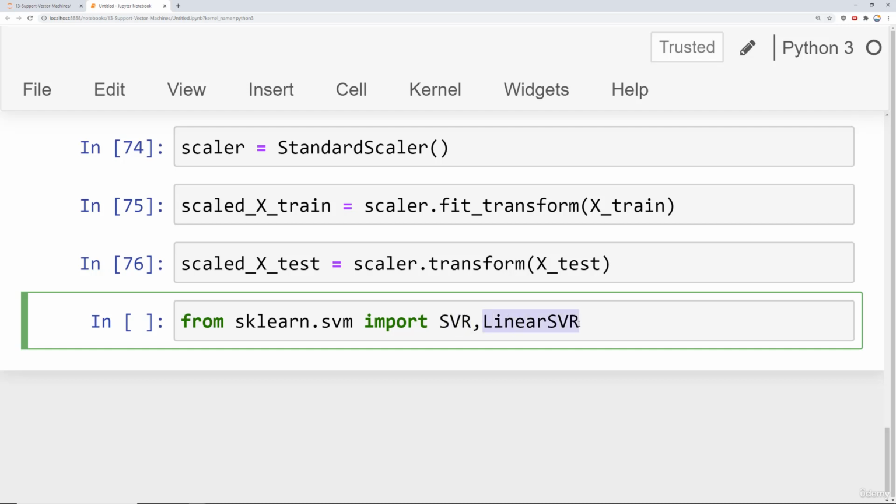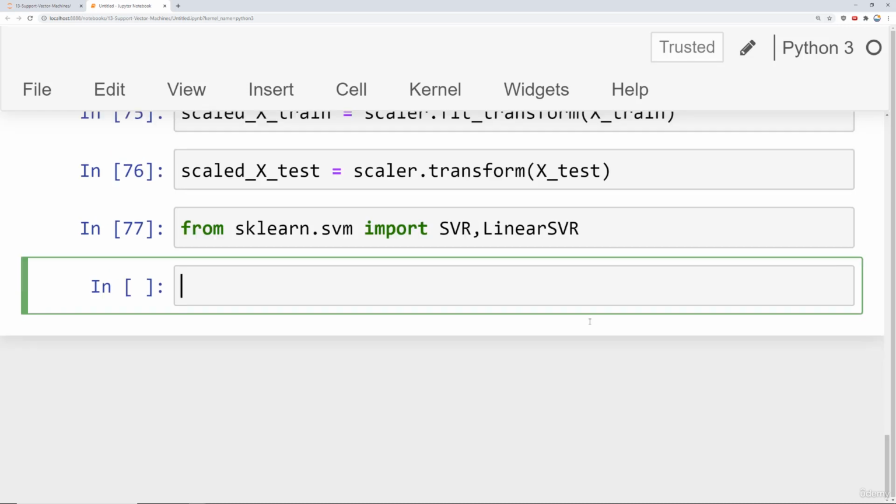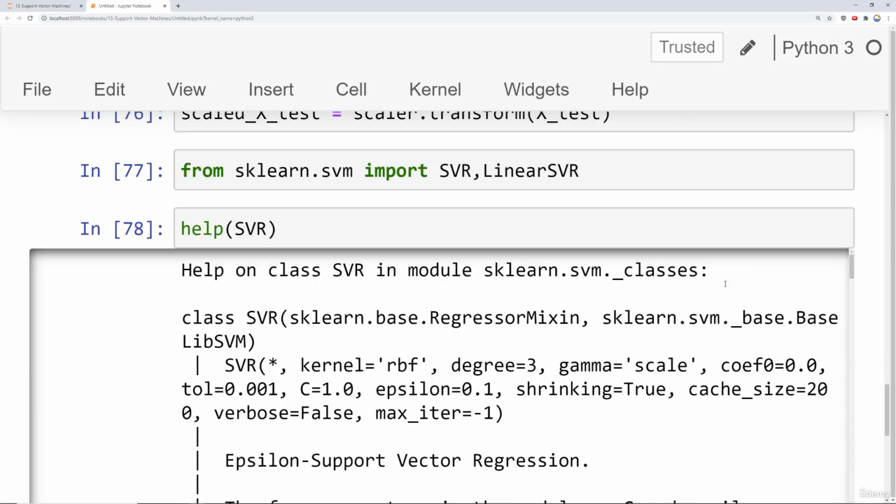So keep that in mind. Linear SVR can only work with a linear kernel, but it is faster than SVR. SVR, however, due to it being slower, can actually perform different calculations for different kernels. Now, let's go ahead and call help on SVR just to understand the parameters we can play with a little